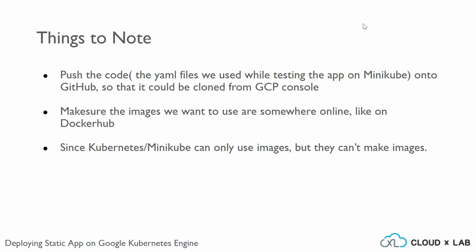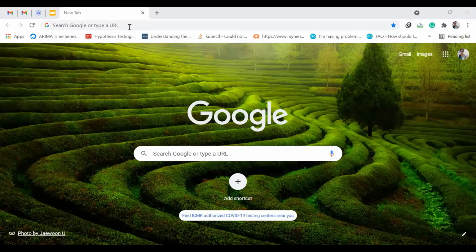We also need to make sure that the images we want to use are somewhere online like Docker Hub and all. So here, the image which we want to work with is the static website image. So that is already online on Docker Hub. Now in GitHub,